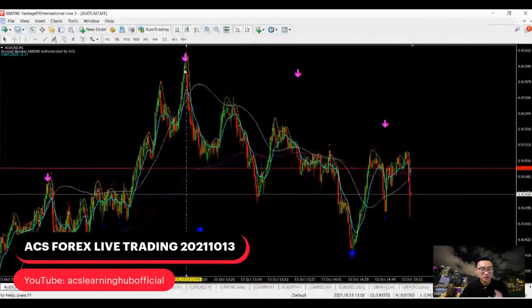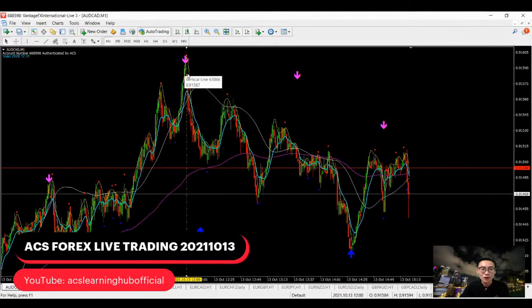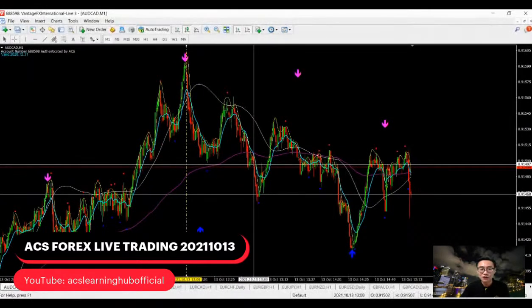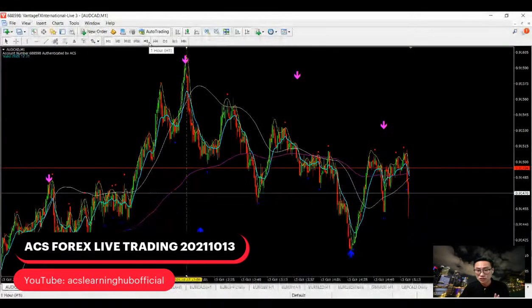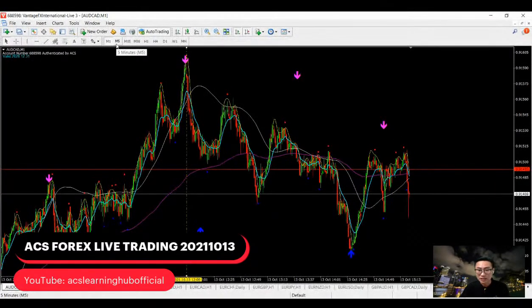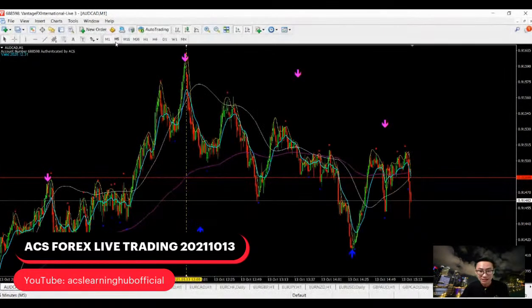I want to capture the very moment, the very sharpest moment. From the pink arrow, aqua cuts below white to the purple, where the red candle falls below all the lines, and it showed me a short. So this is how I enter a trade. Of course, each of the time frames has its own rules, so that we can determine the rules of entry. That's very important, and it also helps in our analysis.